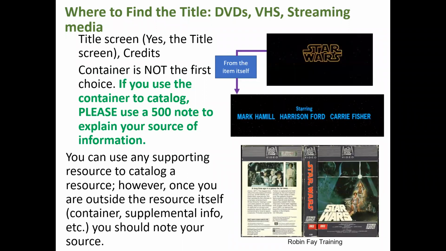Now, you may say, but I don't have a VHS player, or I don't have a Blu-ray player. They won't buy me one. Well, this may be an opportunity for you to say, I need a Blu-ray player. But the other thing is, I'll have to admit, this is not 100% the right way, but I am okay with you cataloging from the container. However, the container is never the first choice for media. So if you use the container, as I've said right here, use that 500 note to explain your source of information. So I am completely giving you a pass on this, but you have got to use that 500 note,